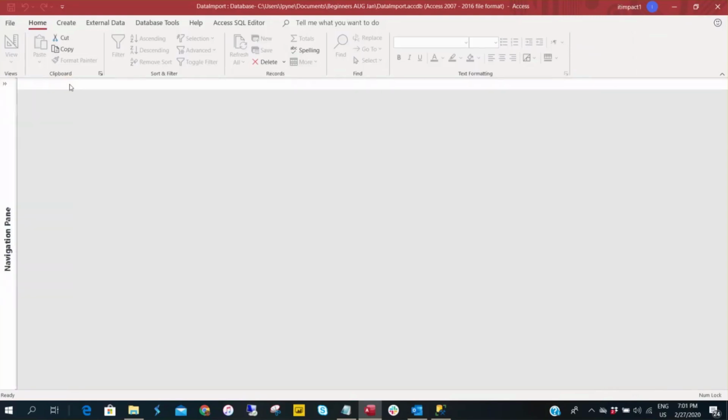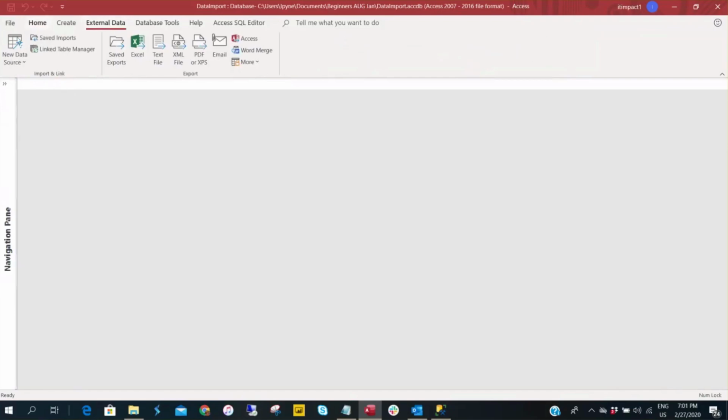So the one tab that we're going to use today is the external data. You'll see here in this section, we have the import and linked section and the export. Import and linked is what we're going to focus on tonight. The import is when you're actually pulling data in from another source and pulling it into a table within your Access database. The linking is when you're going to connect to tables in another data source, but not necessarily pull the information in here. So say, for example, if you've got an Access database that's going to be shared with multiple users,